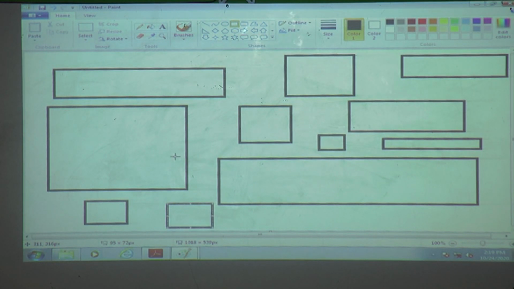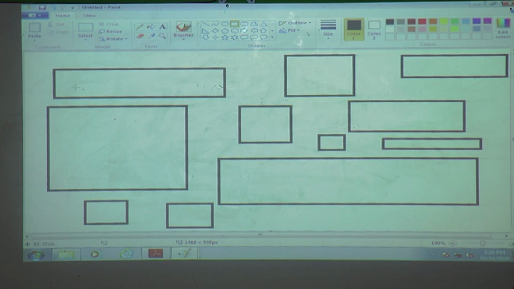Clear? How to draw a rectangle? Firstly, select this tool. Then take the mouse pointer where we want to draw, in the drawing area, and press the mouse left button and continuously drag the mouse, pressing also continuously. If you do not move the mouse, then we cannot draw. If I am not moving the mouse, can I draw? No. These two steps are important: pressing at the same time, and moving the mouse also is an important thing.